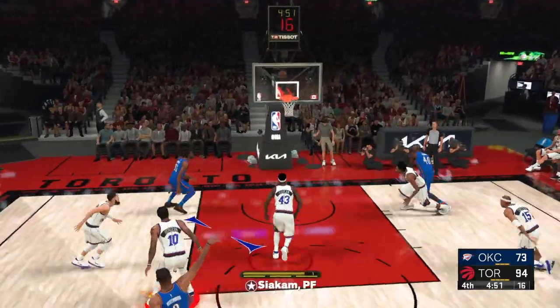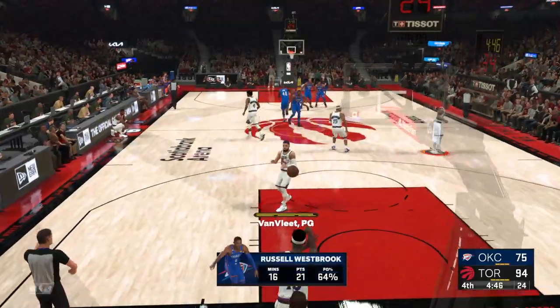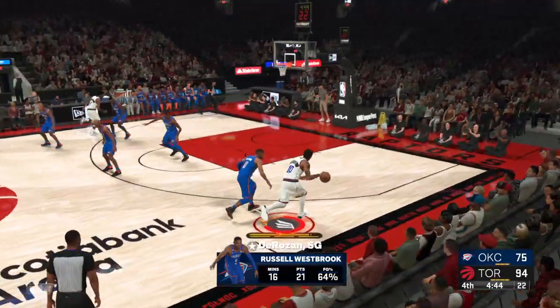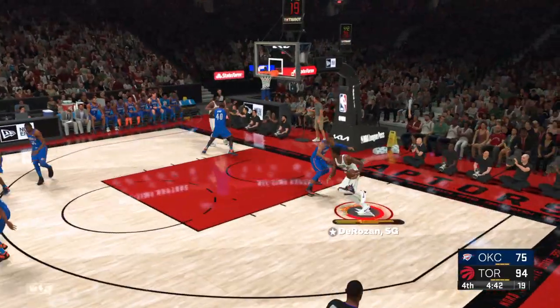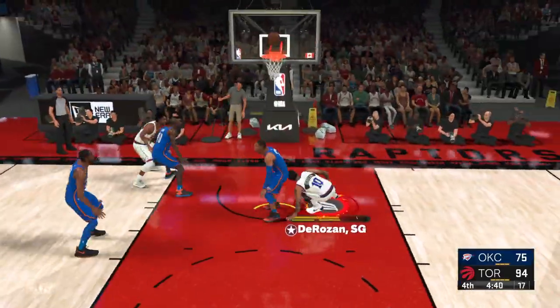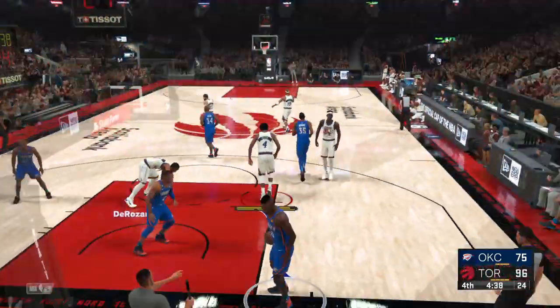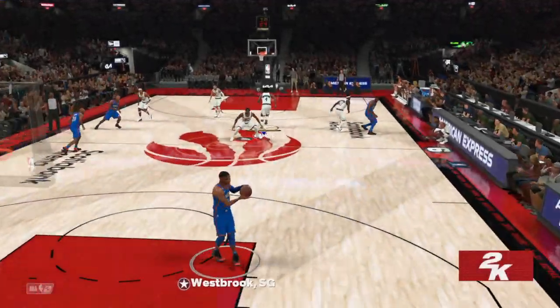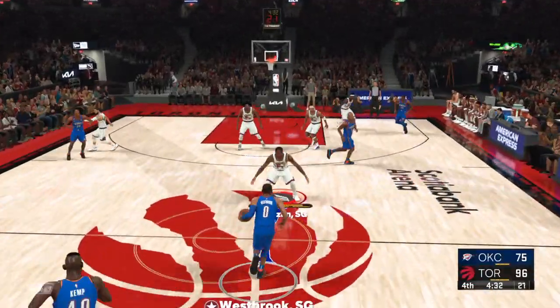Here's Westbrook. Trying to get open is Kemp. And that one's good. Westbrook's got 6 points in the quarter. Toronto leading by 19. Here's DeRozan. And that one is good. And the strength of DeRozan is evident on these takes. Shrugging off defenders like it's absolutely nothing, like they're not even there. Just under 2.5 minutes gone here in the final quarter.